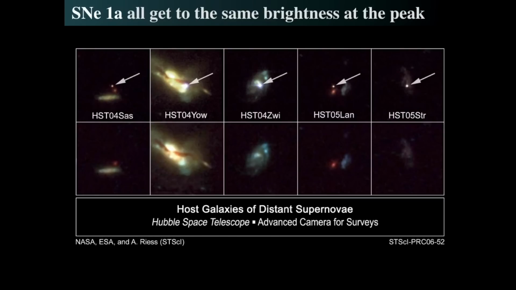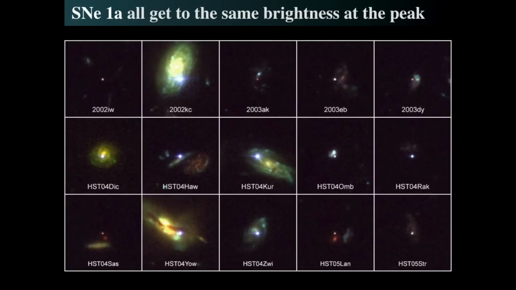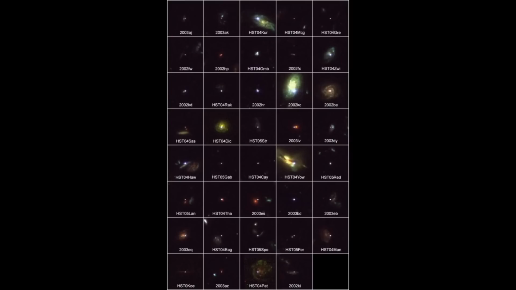Interestingly enough, if we really do a deep survey, such as Riess et al. did with the Hubble Space Telescope, we see many supernovae. We can see little bright dots in each one of these galaxies, and we see 04 and 05, which is the year in which they did their work. And then we go and look from 2002 to 2005. We see multiple little bright stars embedded inside of each of these galaxies,